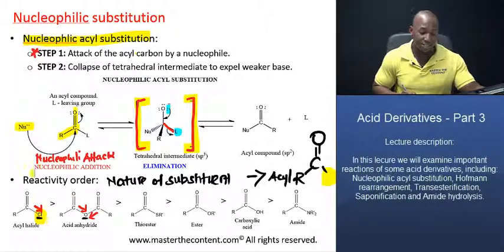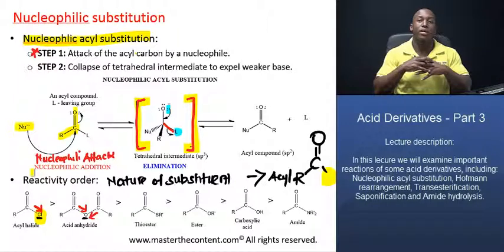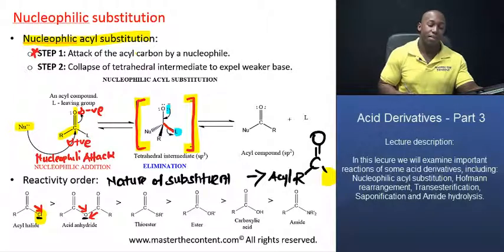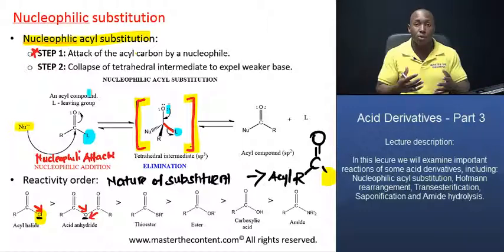If you're pulling electron density away from the acyl carbon, you are effectively making it more electrophilic. You're making it more electron loving. Remember that the carbonyl group of the acyl group is a polar group. The oxygen carries a partial negative charge because of its electronegativity, and there is a partial positive charge at the carbon. Now what happens when you introduce another electron withdrawing substituent at this position? You further withdraw electron density from this carbon, which makes it even more electrophilic, more prone to nucleophilic attack,